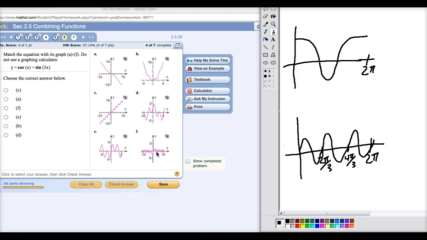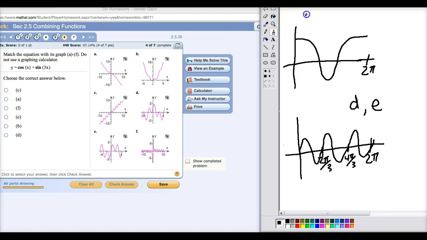So out of all the answer choices that we have, the only ones that would possibly make sense would be either D or E. And so now we need to figure out which one of the two would actually work. Well, you notice that for D, the y-intercept is above the x-axis, whereas for E, it is on the x-axis. Now, if we plugged in 0 for